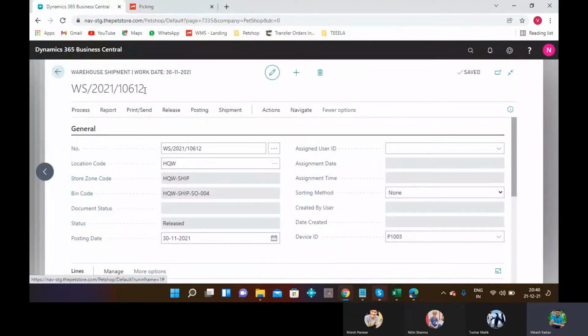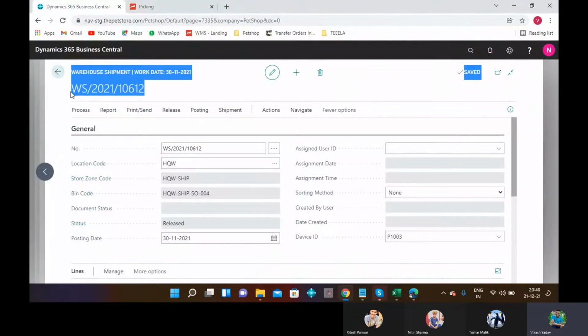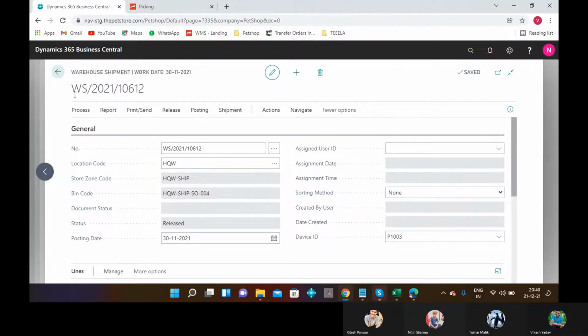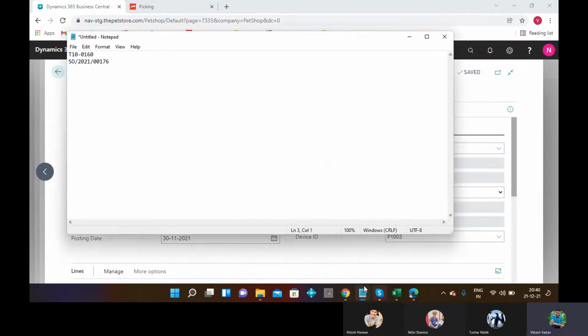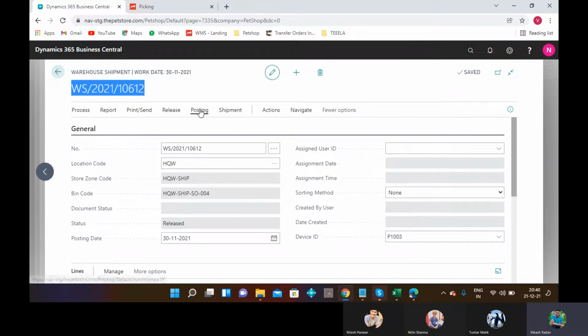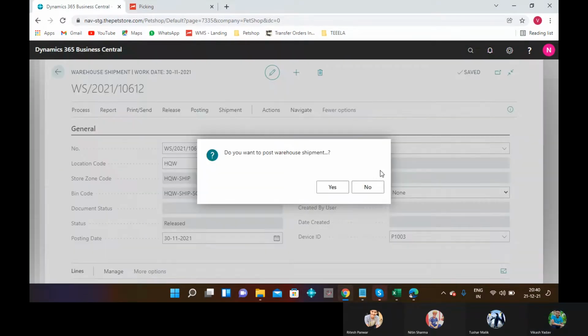And select warehouse shipment number and note it in our notepad. Then go to posting and post shipment. Click one yes button. There is nothing to post.